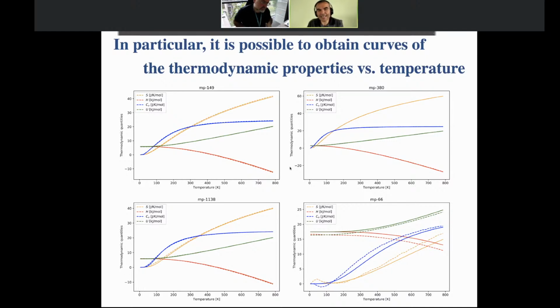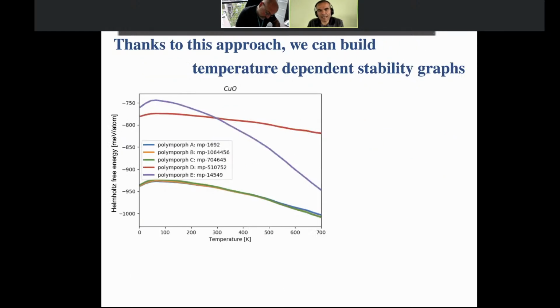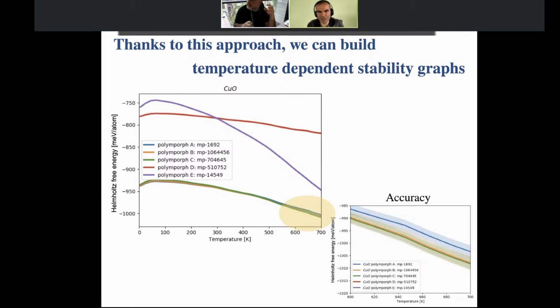Nice thing is, once we have that, we're going to be able to produce those comparisons of different polymorphs of a given species, given compounds, and as a function of temperature. And so we'll be able to say which phase is more stable at a given temperature. Of course, we will have to pay attention, in the region where the difference between 2 systems is small, to the accuracy that we have based on our machine learning model.